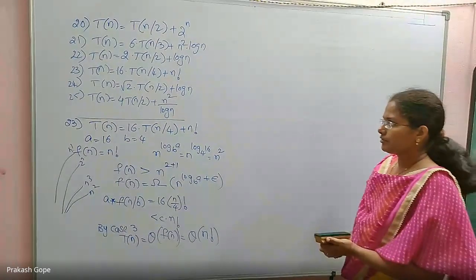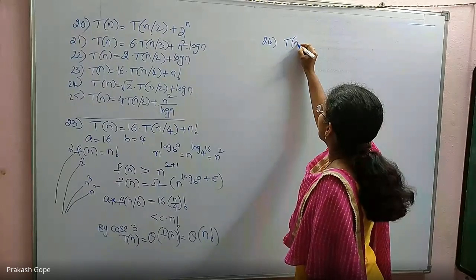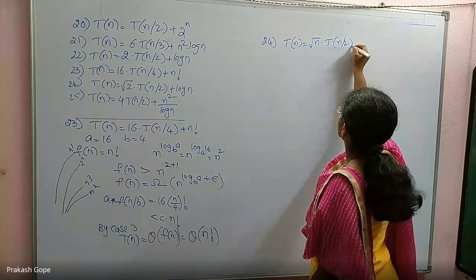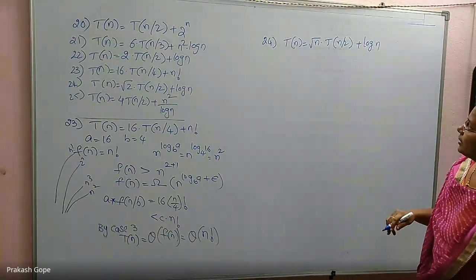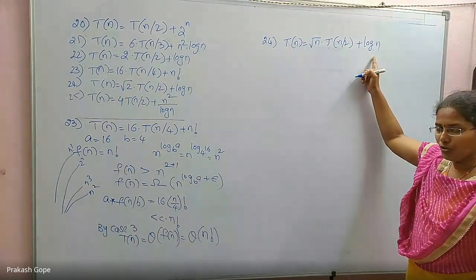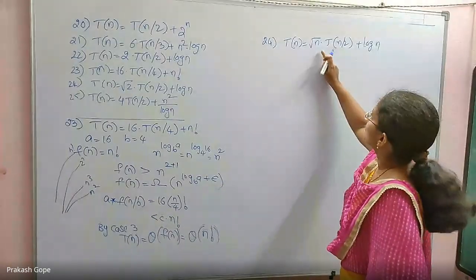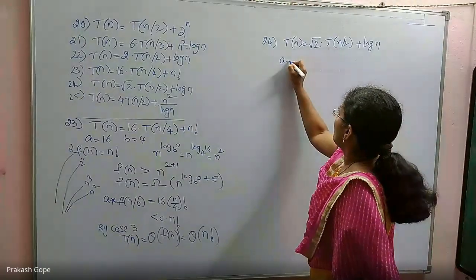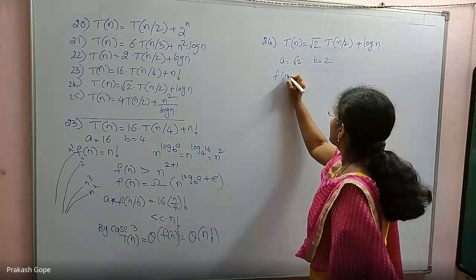So, next question, 24. T of n is equal to root n into T of n by 2 plus log n. Okay. This is f of n, not in n power d format. So, you cannot apply the theorem now. So, a equal to root 2, b is equal to 2, f of n is equal to log n,